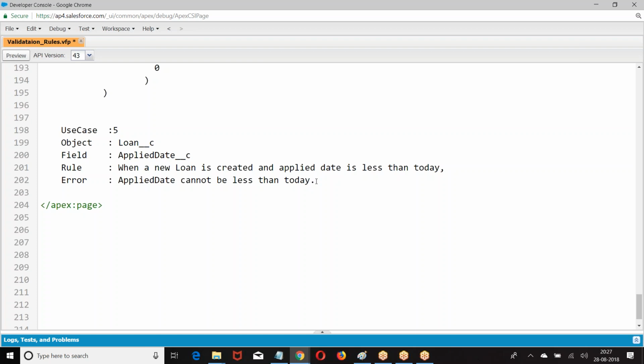Now, how did you create this? And is new. And applied date less than, write it vice versa.